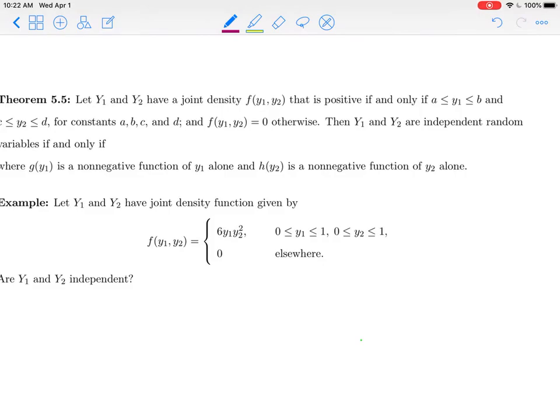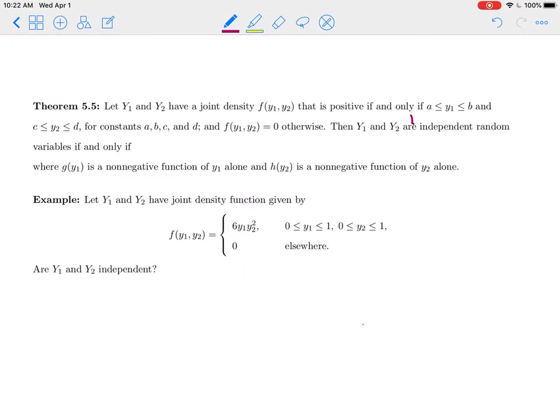So say that y1 and y2 have this joint density function, f of y1, y2, that is positive if and only if our value of y1 is between a and b, and our value of y2 is between c and d for constants a, b, c, and d, and f of y1, y2 is equal to 0 otherwise. Then y1 and y2 are independent random variables if and only if that density function that we have there, this f of y1, y2,